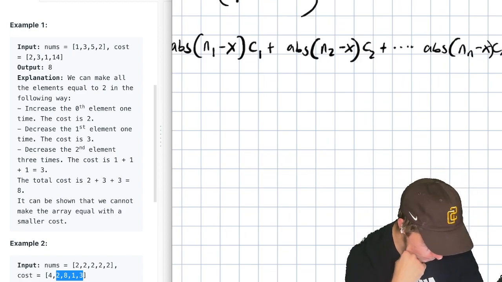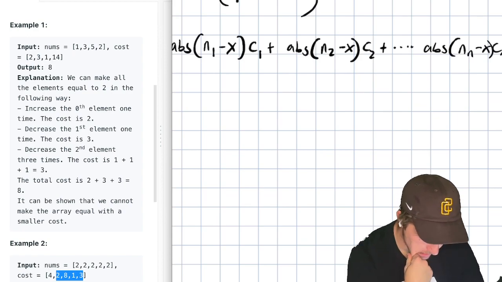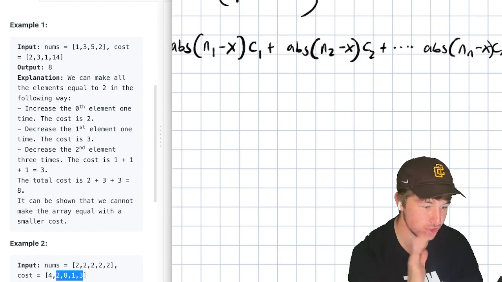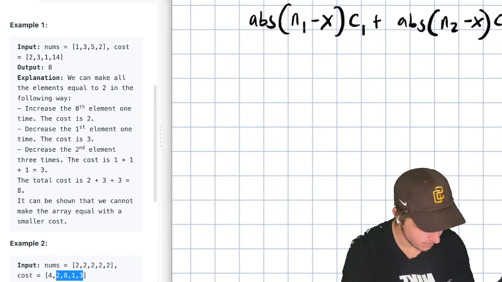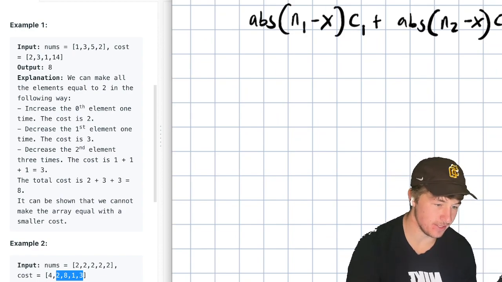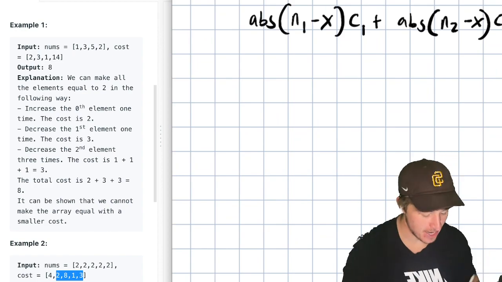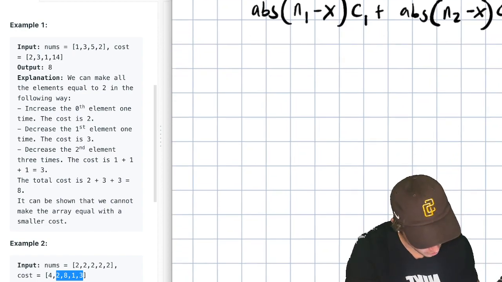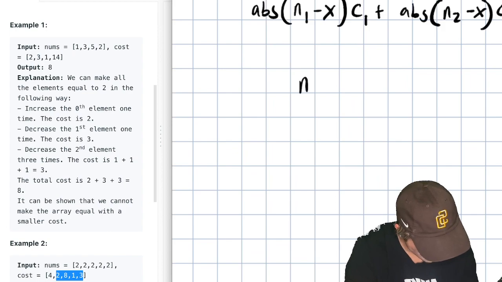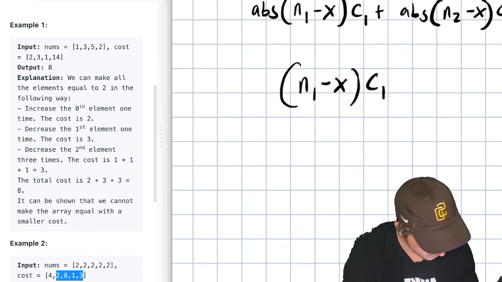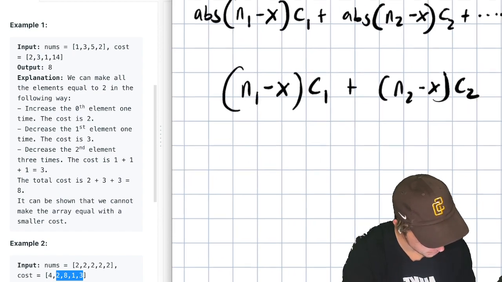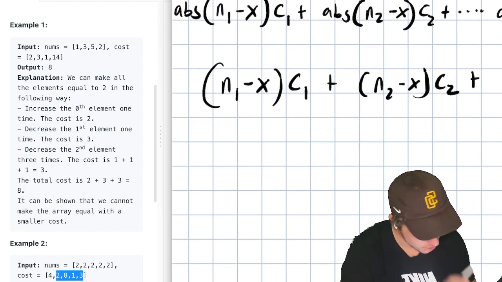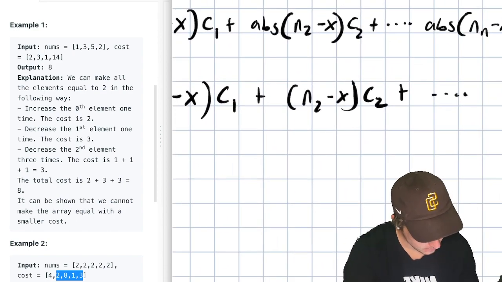So what I'm going to do is split it up into two cases. I'm getting too mathematical now. It's so crazy how that always happens. So I'm going to get rid of the absolute value, and you know, the absolute value just means the positive difference. So what you could do is you could say, we'll do n_1 minus x times c_1 plus n_2 minus x, c_2 plus dot, dot, dot, to a certain point where the